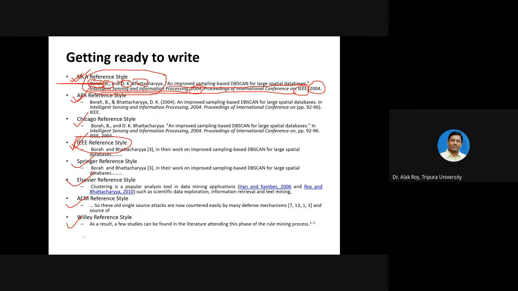For IEEE, the format is like, let's say I have one paper, Alok Roy, so I have to write A. Roy, then comma, title of the paper in double quote. Then comma, then what is the journal name, journal name,